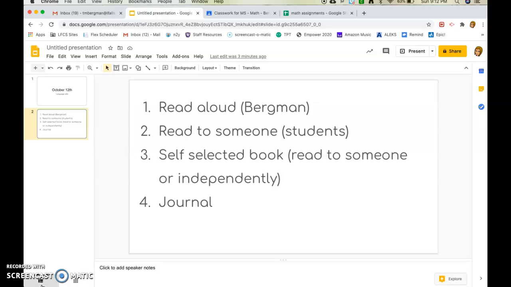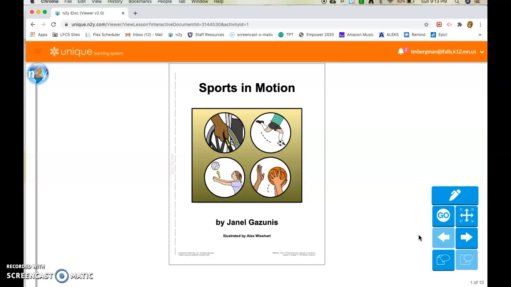So let's get started. Our story this month is called Sports in Motion. You'll notice that in this picture, we see a wheelchair with arrows, showing that it's in motion when we're pushing a wheelchair forward, kicking a ball, using force, a volleyball going up, a basketball going up. Remember, we talked about some things like push and pull and force and gravity. Those vocabulary words will all come into play during our story.